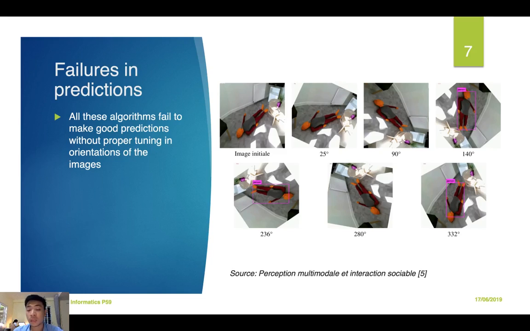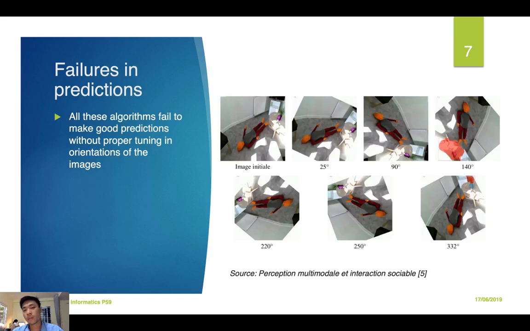YOLO happens to be the worst solution here when it comes to accuracy, because it sacrifices that for speed, and the same story happens where YOLO works best with the images rotated to where a human is in an upright position. And the most surprising one is Mask RCNN, because it's supposed to be the best overall technique here with the best accuracy. It doesn't predict anything from all the images or rotations we've tried.